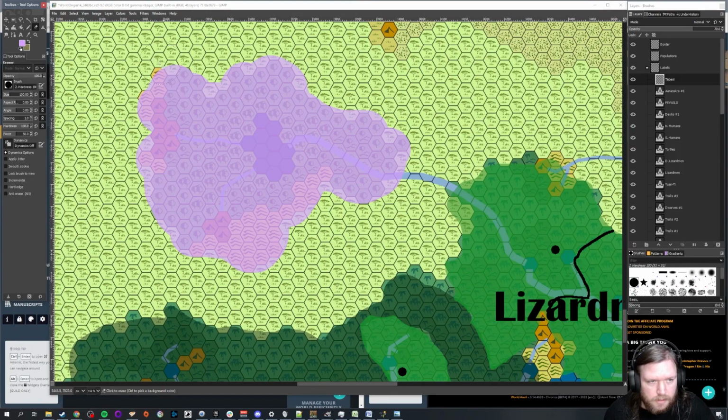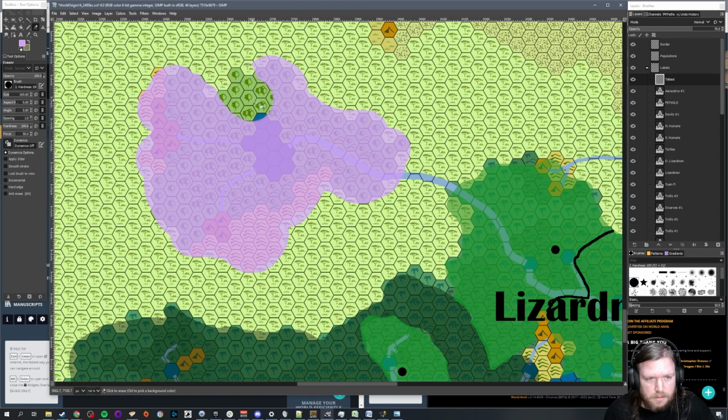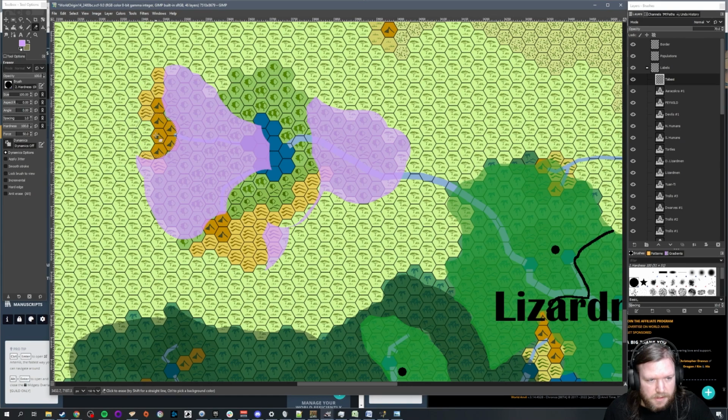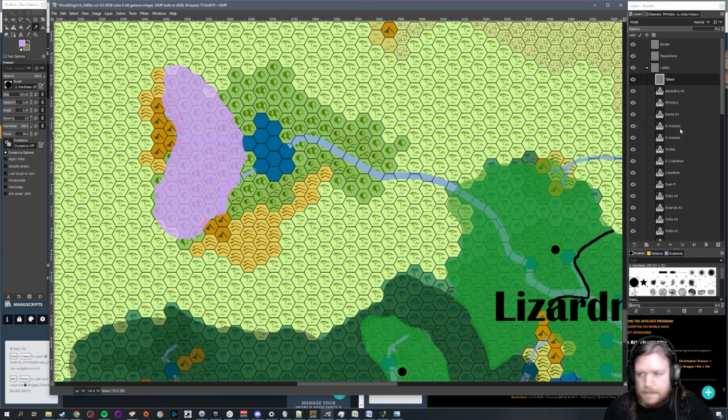They're going to be a lot smaller than this. We'll start them back here. They definitely haven't conquered the mountains yet. And I do that because